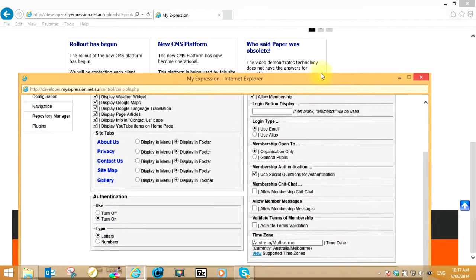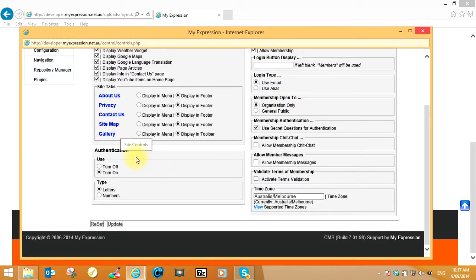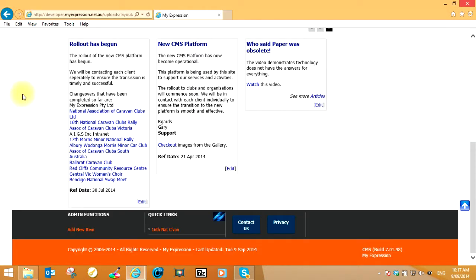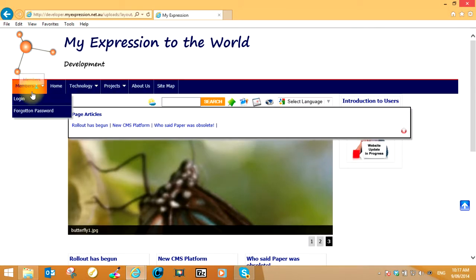The other part down the bottom here, the authentication. Of course, you can turn the authentication off. That's not recommended, by the way. I suggest you always have it turned on. And you've got 2 types of authentication, letters or numbers. Now if I go back to the other screen here, and I'll click on Login for Members as an example,